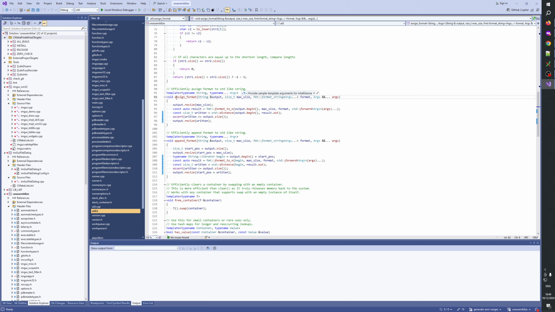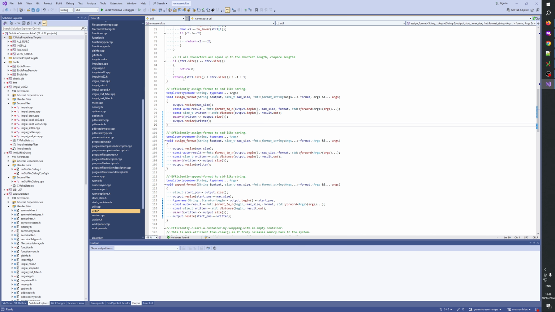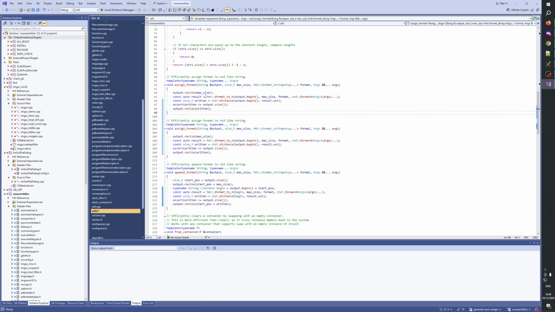So this one here has a limitation of the max size, right? But we need a version where we can format without size limitation. So how about we do